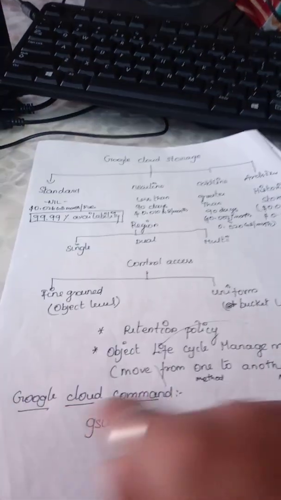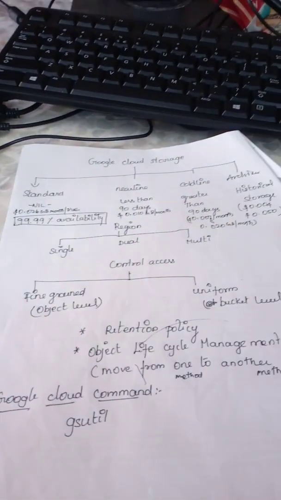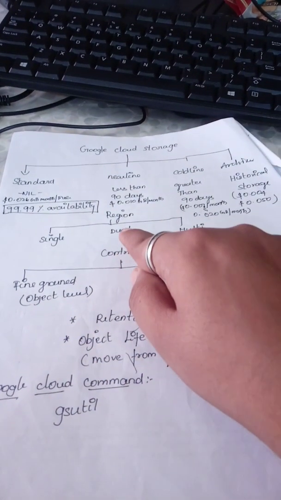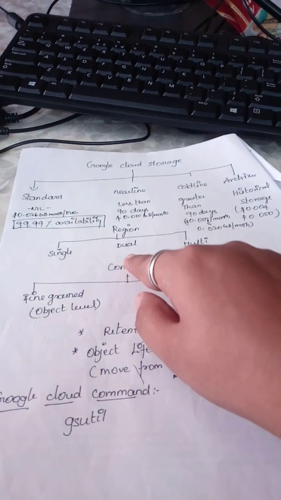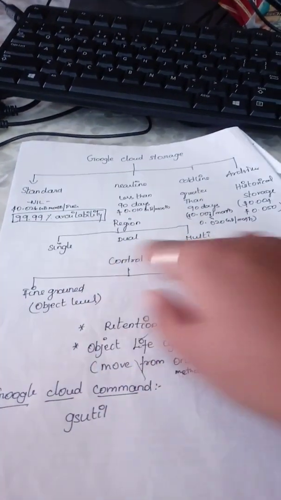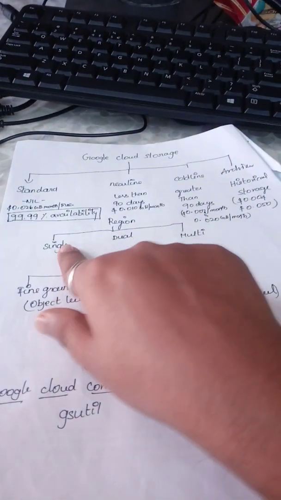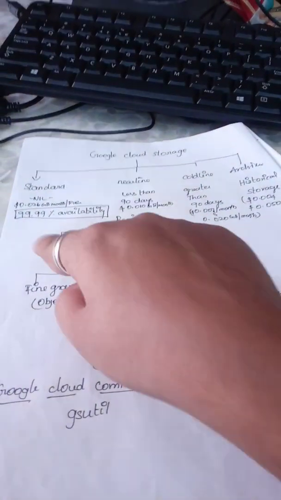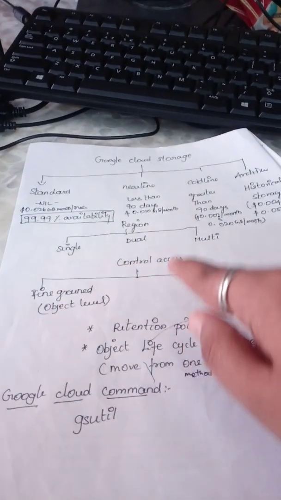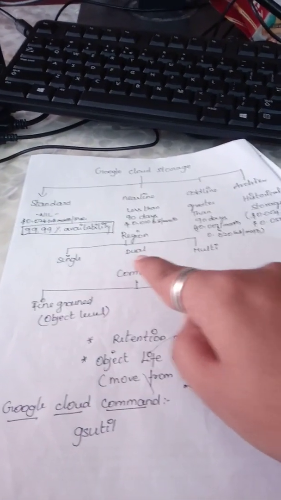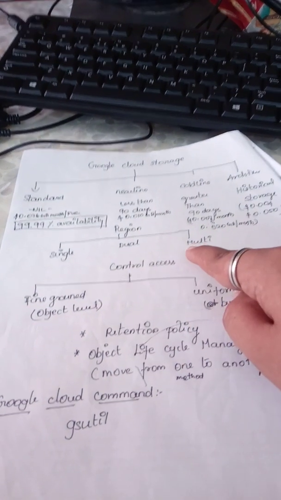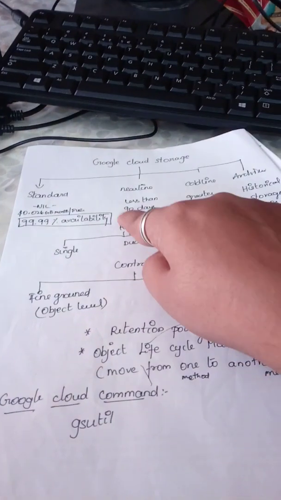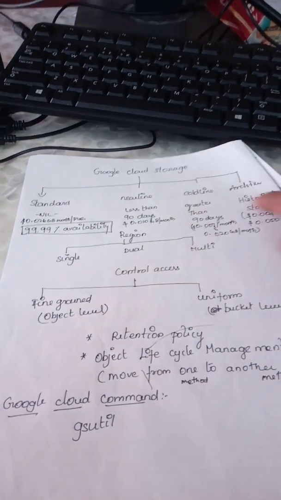These are the questions that will come in your Google Cloud examination, and you will get a lot of questions with respect to regions and which is cost effective. Single region is cost effective, dual is a bit costlier, and multi-region is much costlier than dual and single. So you need to choose based on the scenario. First you need to see from where the data is going to be accessed. If it is in a global geographical region, go for multi-region, and then for how the data is going to be accessed, you need to pick the type of storage,